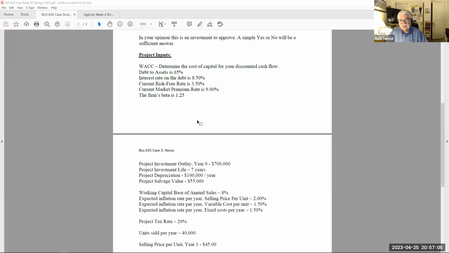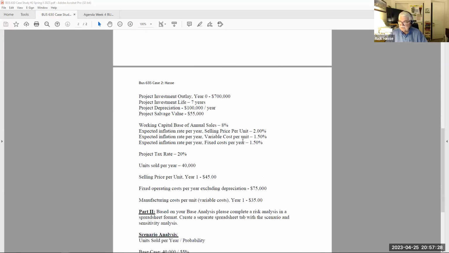Well, I give you that the debt to assets relationship is 65%. The interest rate on the debt is 8.5% of this company. The risk-free rate is 3.5%. The market premium rate is 9%, and the firm's beta is 1.25. With all that information, you can determine the cost of capital. Once that cost of capital is completed, then you put together a spreadsheet for a 7-year investment of $700,000 in year 0,